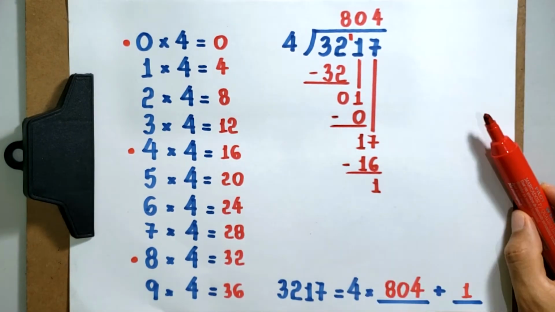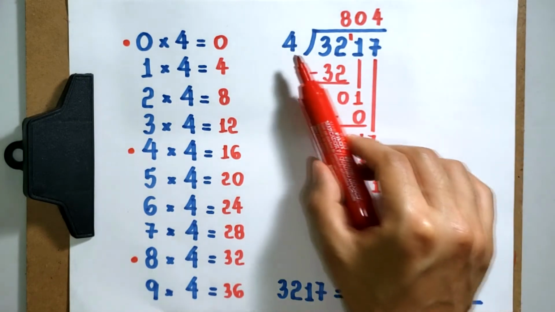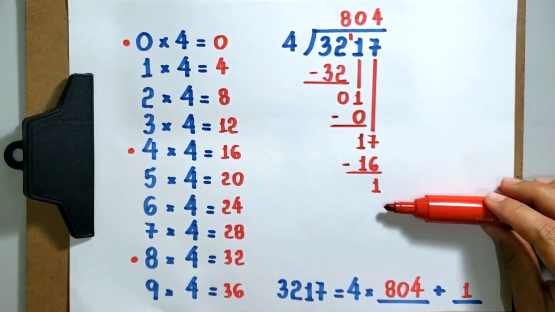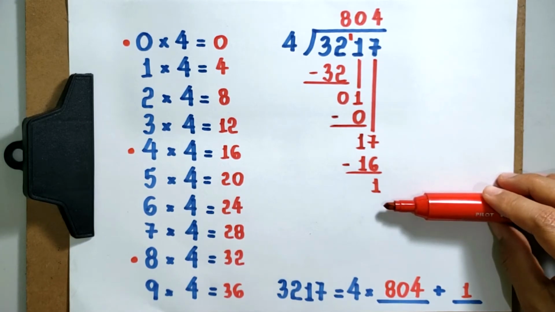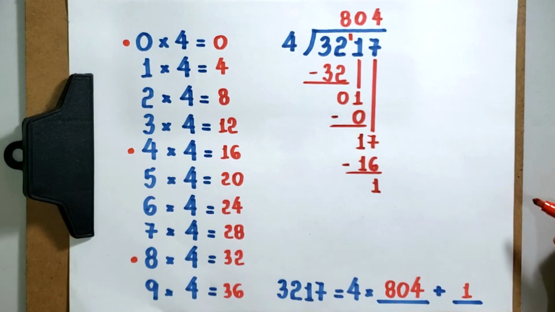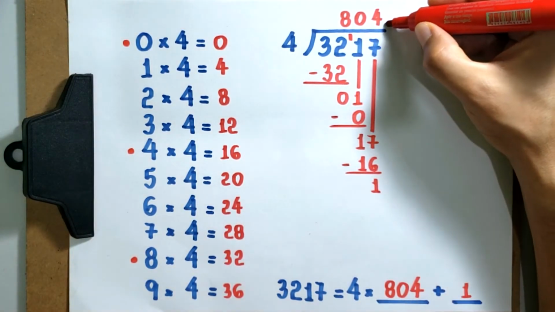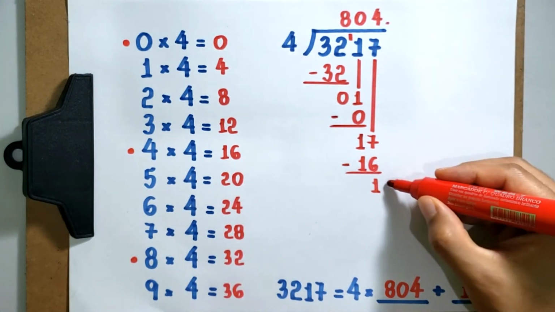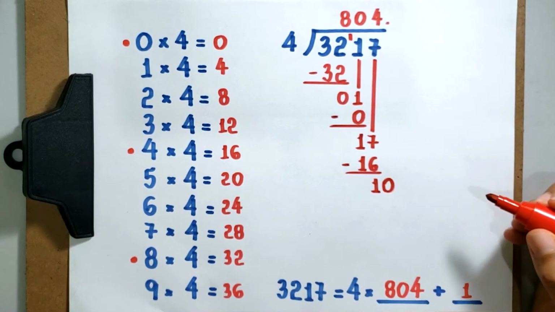If you want to be sure that you did everything right, you can multiply 4 times 804, get the product, and then add 1. If what we did here was right, you must find 3,217. But what if we want to continue this division? What can we do? Well, we can put a decimal point here. Since there are no other digits to bring down, we bring down 0, that's right, and we continue as before,